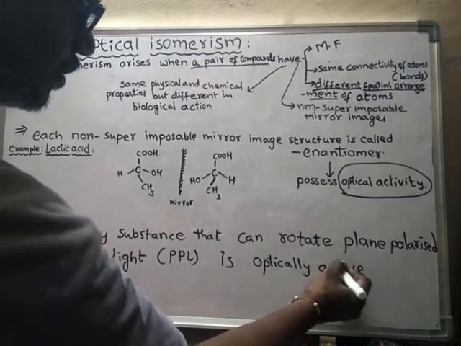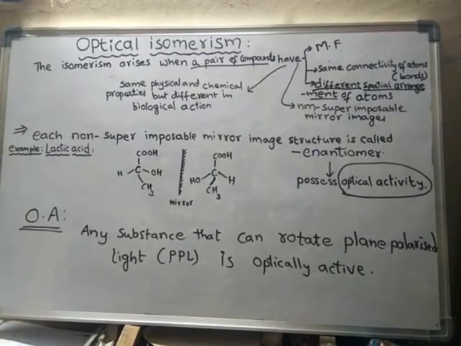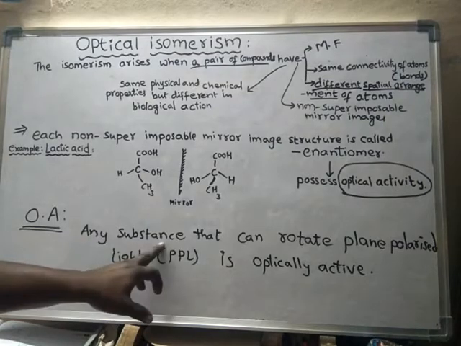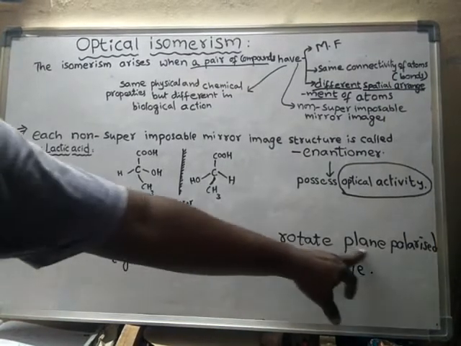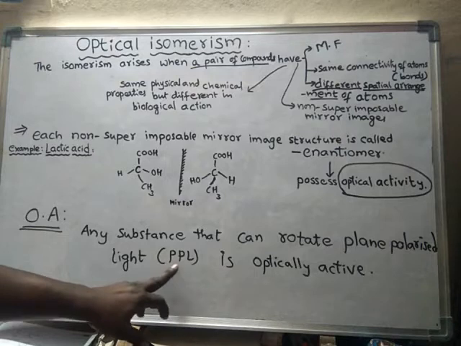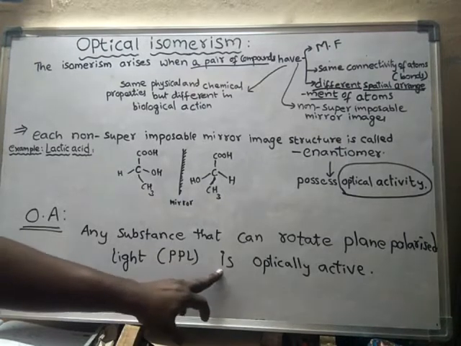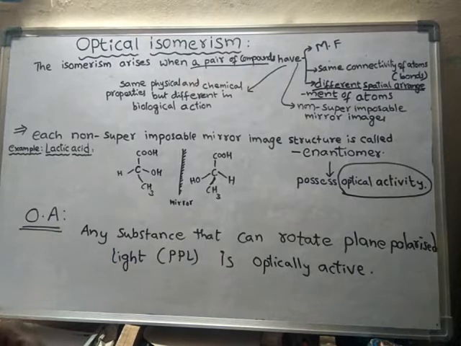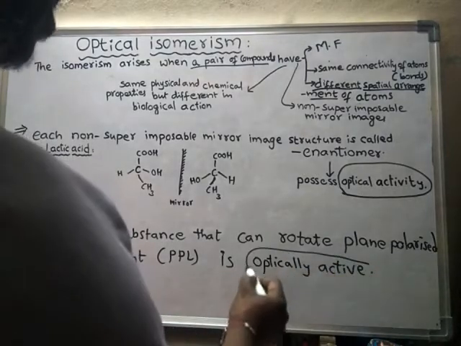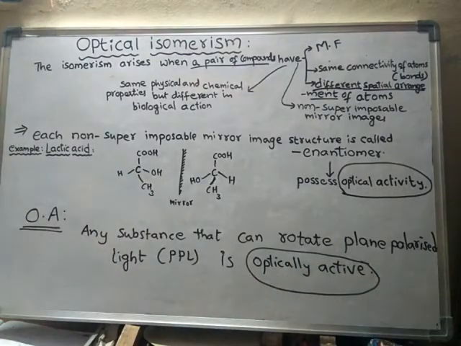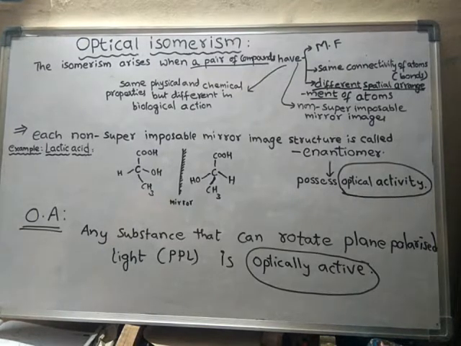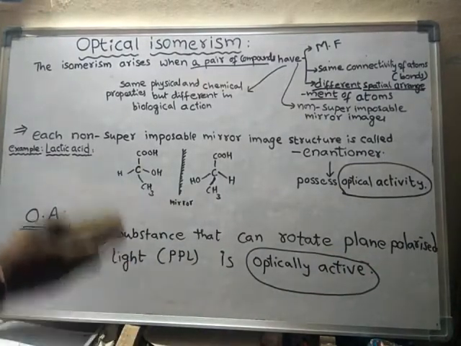So what is the meaning of this statement? I will explain. Any substance that can rotate plane polarized light, that means PPL, is said to be optically active. If the substance can rotate the plane polarized light, then that substance can be said to be optically active, and that substance is said to have optical activity. So what is the meaning of plane polarized light? For example,